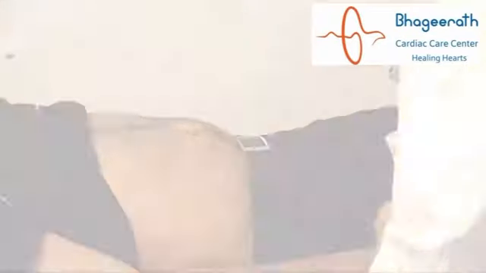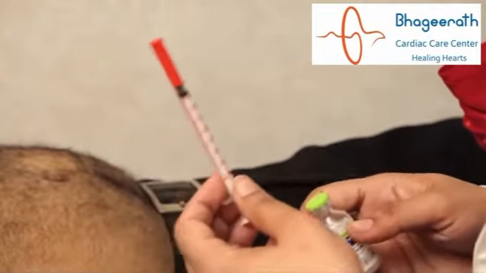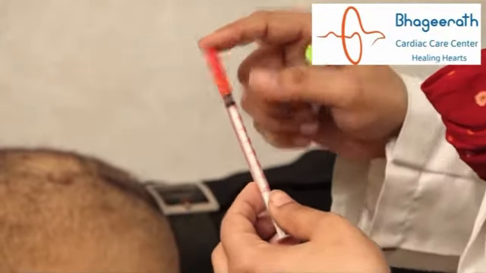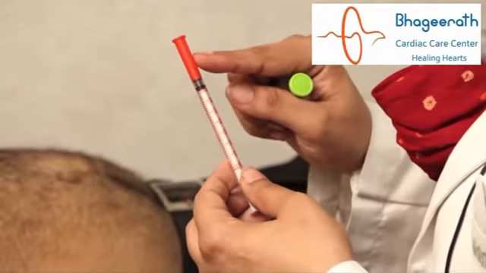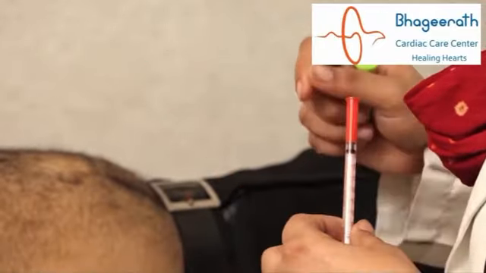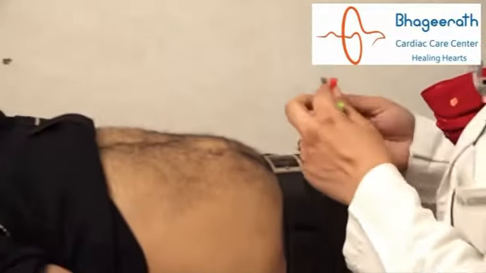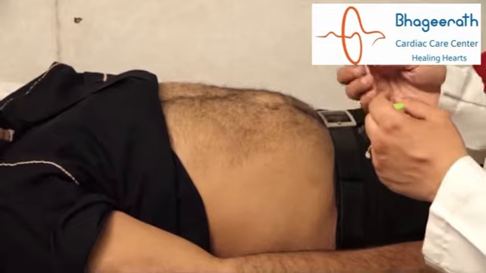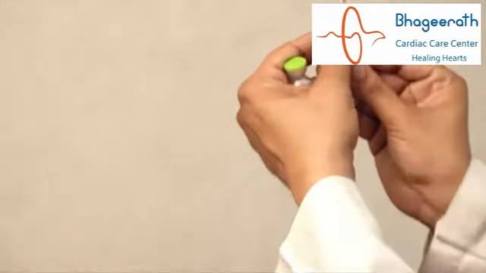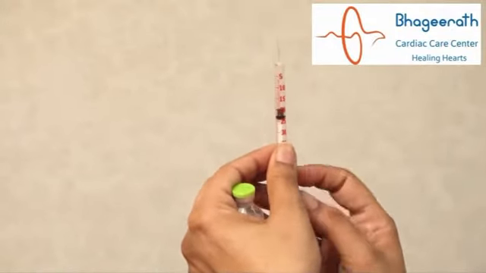Whenever a patient is injecting insulin with a syringe, you should make sure the patient uses the correct color code of the syringe. Red color code is used for a 40 international unit vial, and orange color is used for a 100 international unit vial. So suppose we tell our patient to inject 20 units of insulin, the patient should retract the plunger to 20 and push the air inside